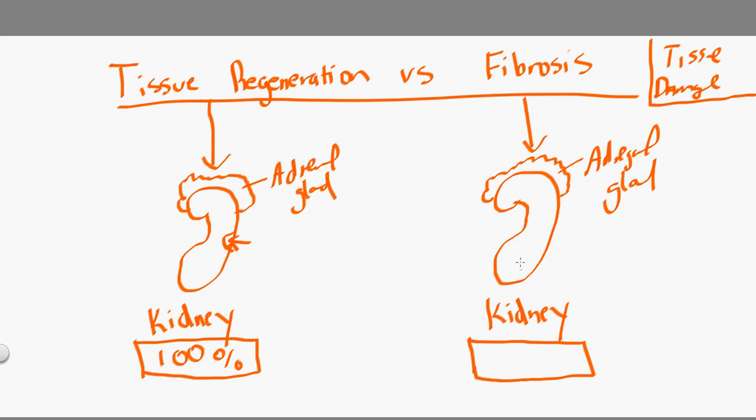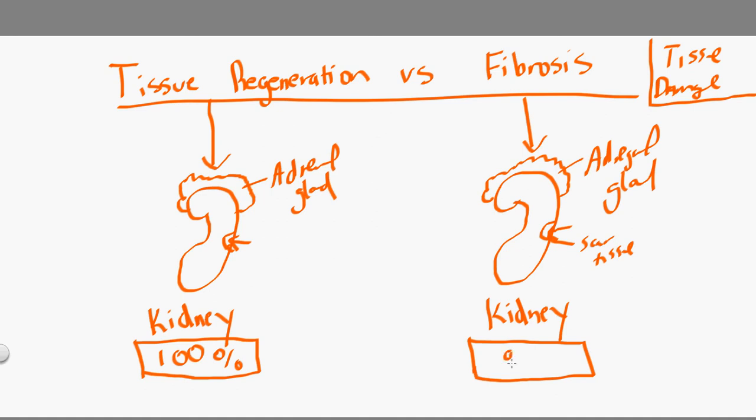Now with fibrosis, let's say that same part of the kidney is damaged right here. And of course the kidney will go all crazy. The body will try to respond and try to fix everything, and it will leave some scar tissue. It will fix everything, but some scar tissue will be left behind. And in this way, even though everything is fine now and the scar tissue is there and everything is okay, the kidney will not be 100% in terms of functioning.